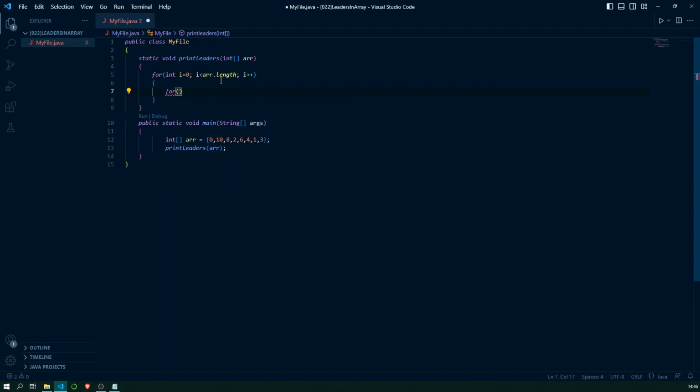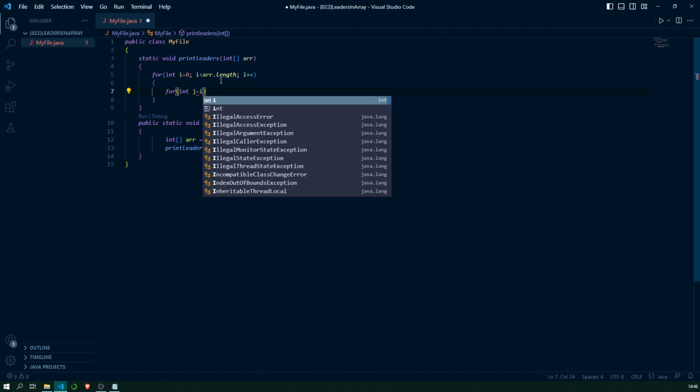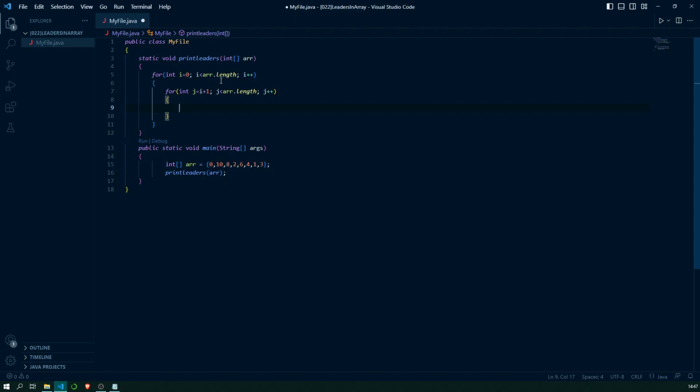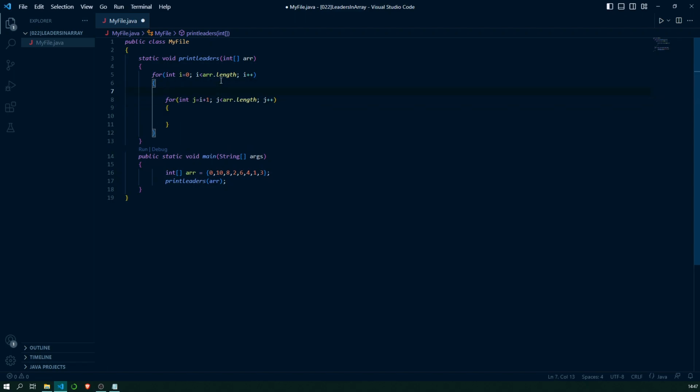For j is equal to I plus 1, j less than length, j plus plus, and then what? Okay, before this we need to set flag is equal to 0. And now what?